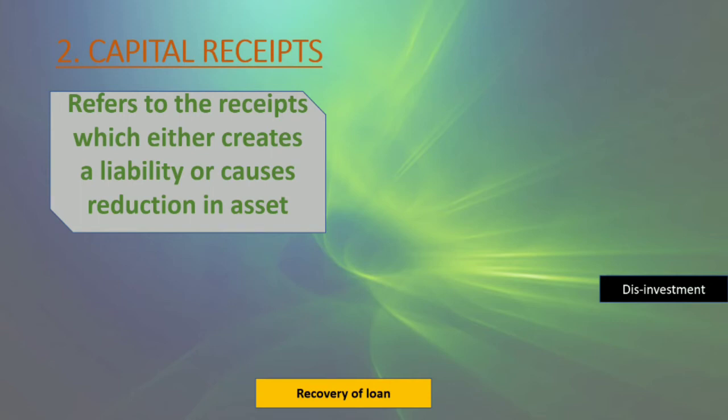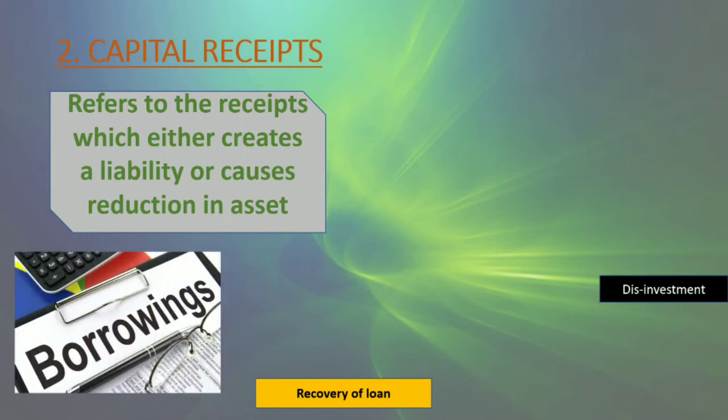Let's understand this with the help of a few examples. A very good example of capital receipt is borrowings. You should always remember, this is the main example. So what are borrowings? When our central bank, or one central bank, borrows from some other central banks or RBI or other financial institutions, World Bank, etc. So why is borrowings a capital receipt? Because when we get receipts in the form of borrowings, it brings liabilities with it. So it is known as capital receipt.